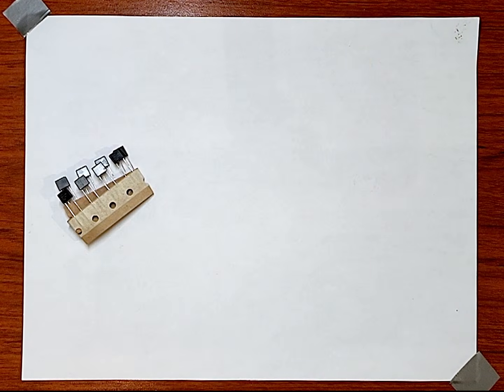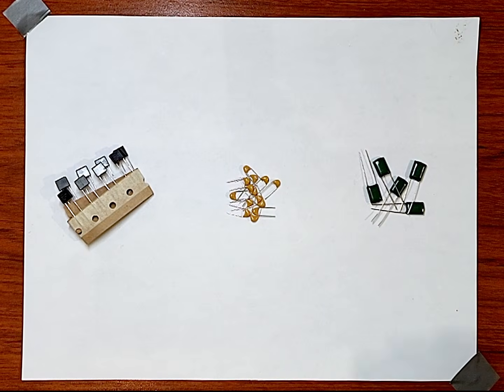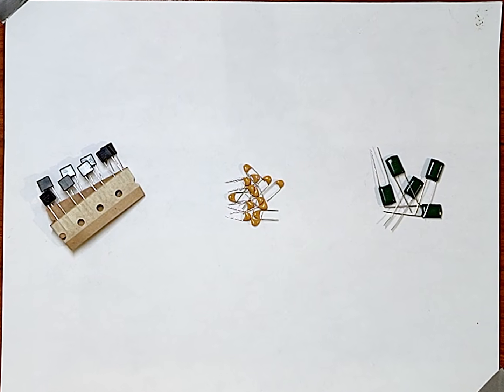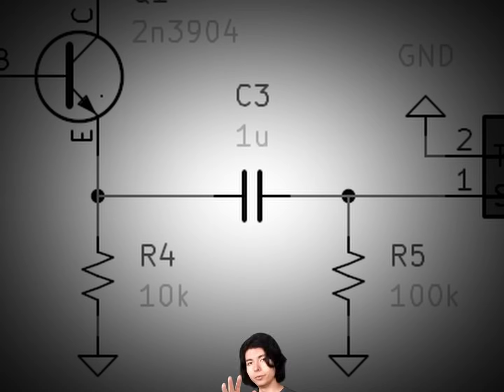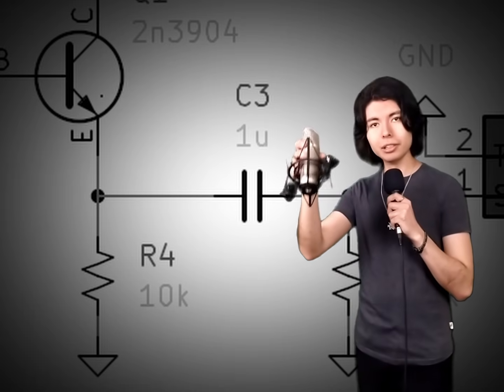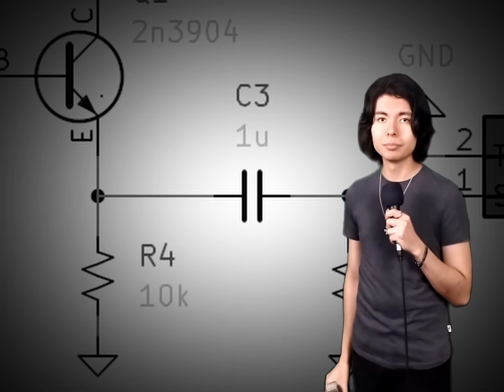But okay, not all capacitors are the same. There are some more progressive ones, such as film, ceramics, and polyesters. These are all non-polarized, and to draw them, we do so like this. Fun fact, those expensive condenser mics you love so much are actually just capacitors. In a circuit,